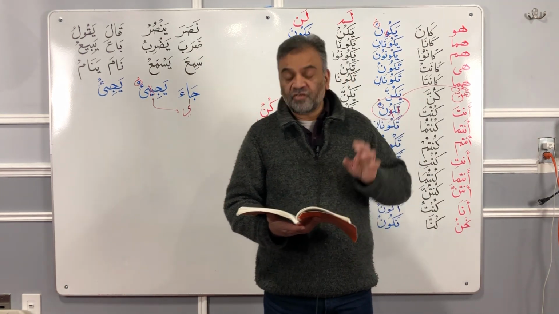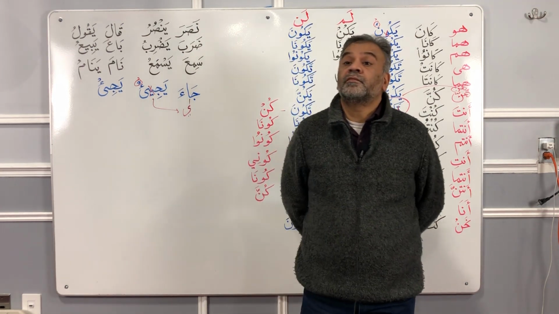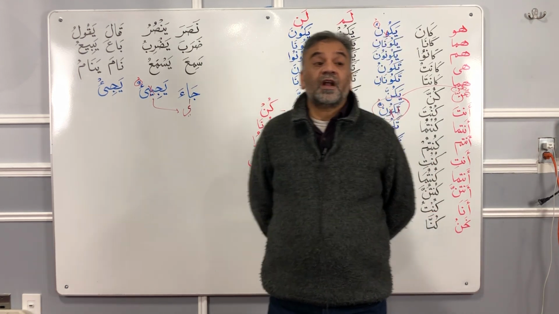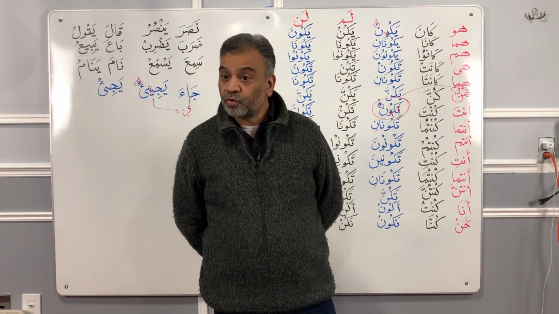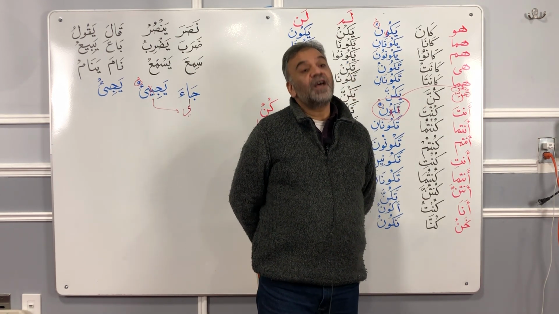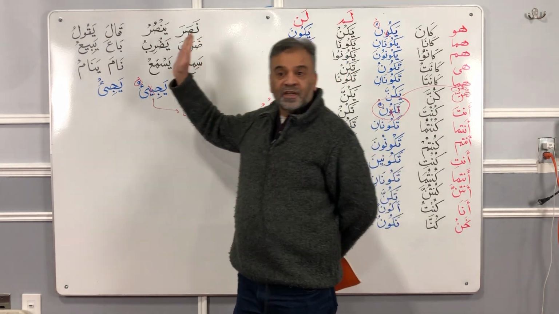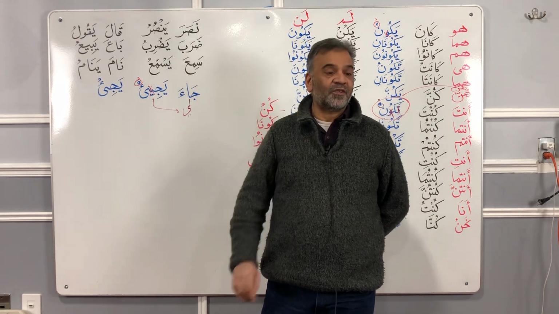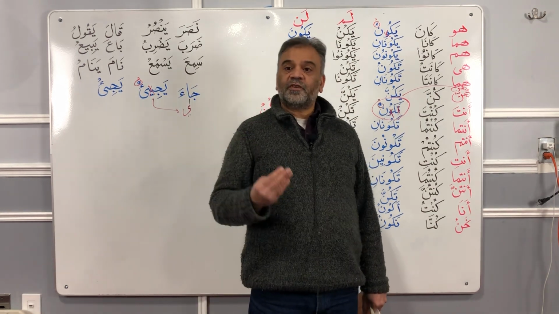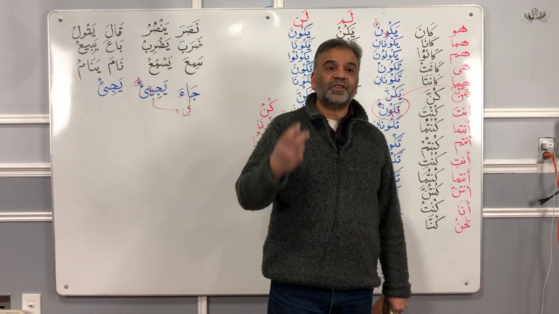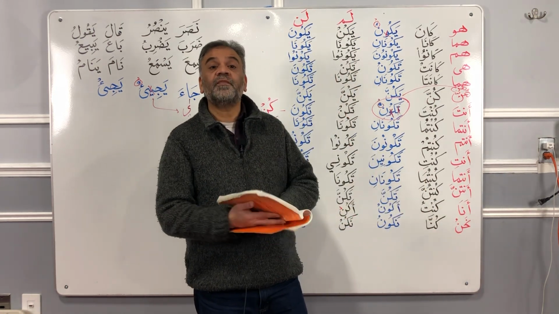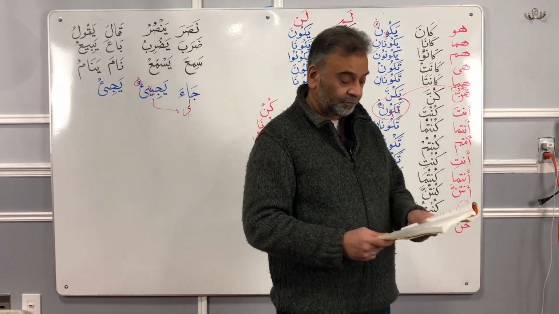Al Mudarris said, Zurta as-Safira. Zara yazuru. Zara, Zara, Zarat, Zaru, Zarat, Zarata, Zurna. Zurta, Zurtuma, Zurtum, Zurti, Zurtuma, Zurtunna, Zurtu, Zurna. Zara belongs to Bab Nasara. That's why at hunna it is getting a Dhamma. And what is hiding behind Alif? Wow. You see, now the Doctor is bringing these small little verbs for us to understand the ajwaf, and now we can identify them. So Al Mudarris said, Zurta as-Safira, did you visit the Safir, the